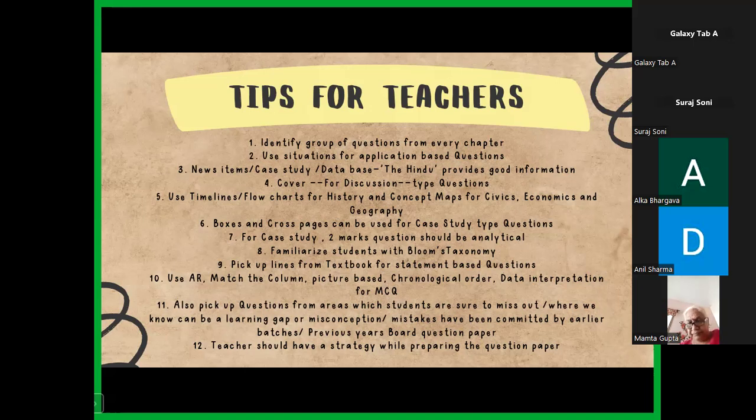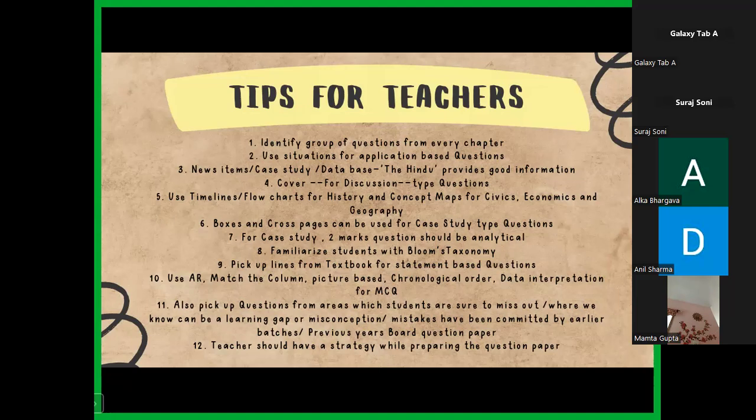A teacher has to play with the child's brain. So many times, we know that the child may leave out, may not study. This is the mistake that the children committed in the last question papers, or this is how the children interpreted this question in the board exam, right? So all these kinds of mistakes which we know should be taken up by the teacher in the question paper that the teacher is preparing, so that you can tell the students at a later stage about what not to do and how to attempt these questions.